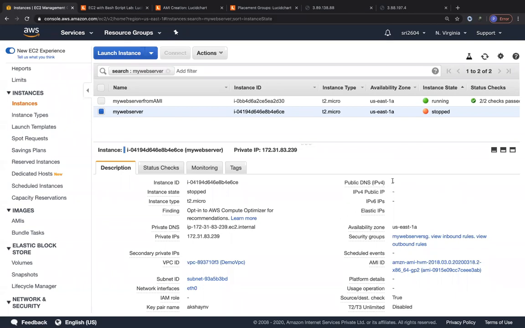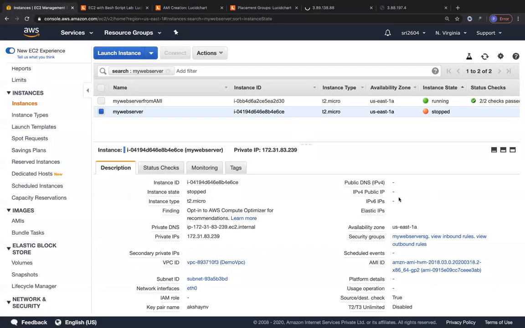If we start this EC2 instance again, we will get a public IP that is different from the one it had previously. If I refresh this page, it's not going to resolve because the instance is stopped. If we start it again, we'll get a new public IP. But instead, we would like to have an elastic IP associated with this EC2 instance, so that even through stops and starts, I maintain that public IP.